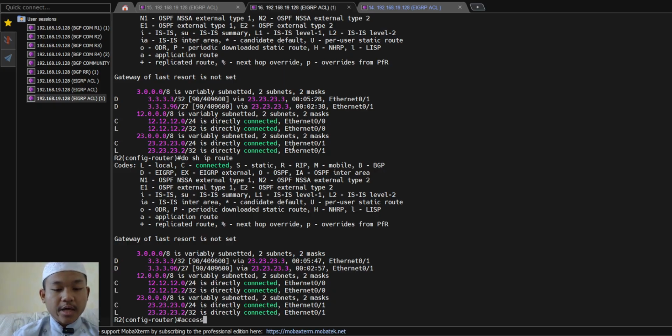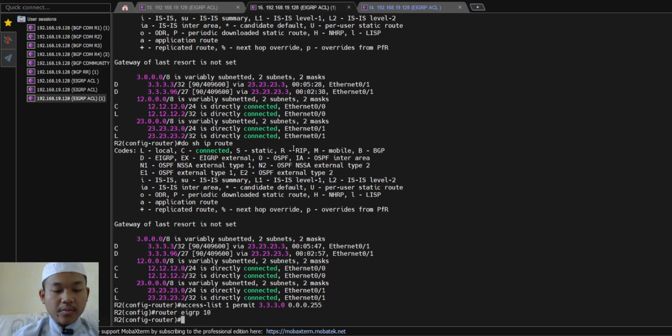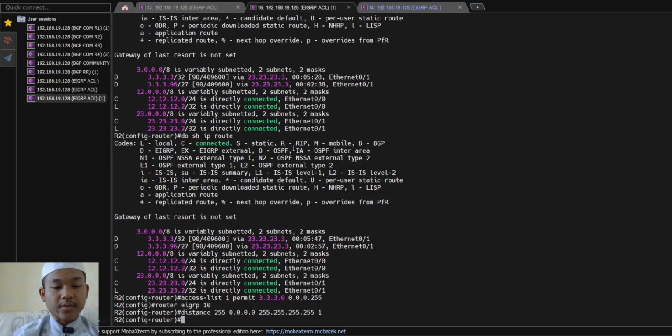Now we type access-list 1 permit 3.3.3.0 0.0.0.255, and then enter router EIGRP 10, and then we're going to advertise distance 255 0.0.0.0 255.255.255.255 1.